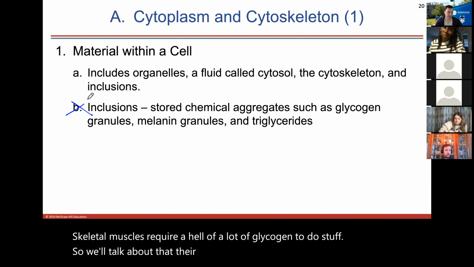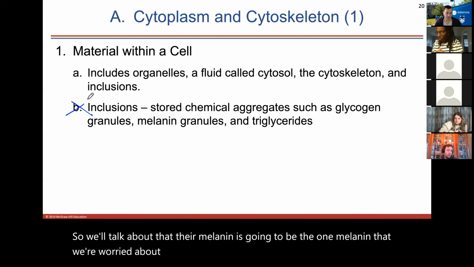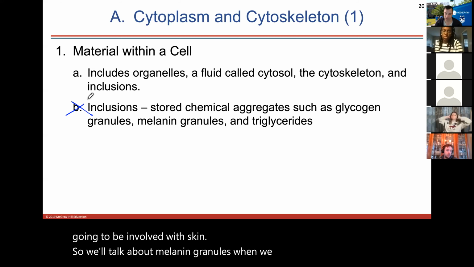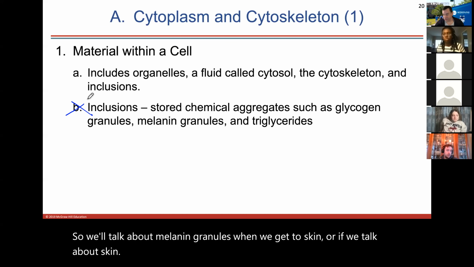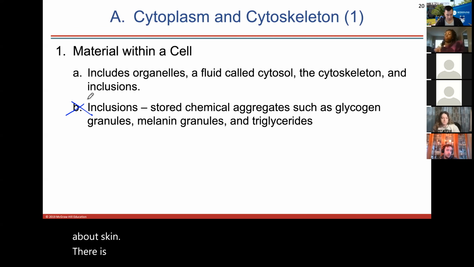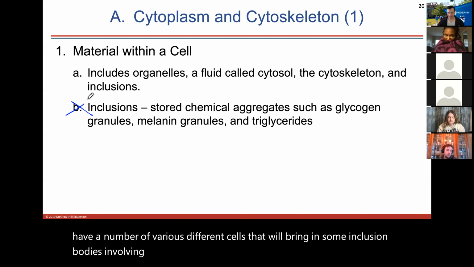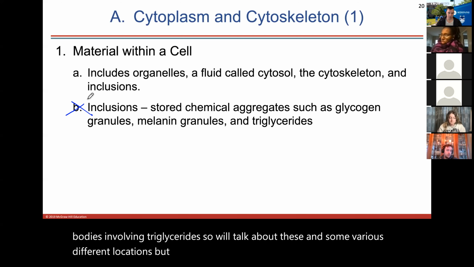The one melanin that we're worried about is going to be involved with pigmentation. So it's going to be involved with skin. So we'll talk about melanin granules when we get to skin, or if we talk about skin. There's triglycerides. Triglycerides are long-term energy storage, okay? We have a number of various different cells that will bring in some inclusion bodies involving triglycerides. So we'll talk about these in some various different locations, but for the most part, I'm more worried about organelles,